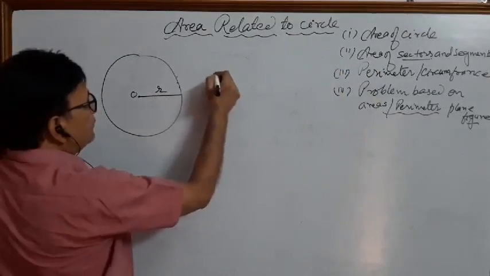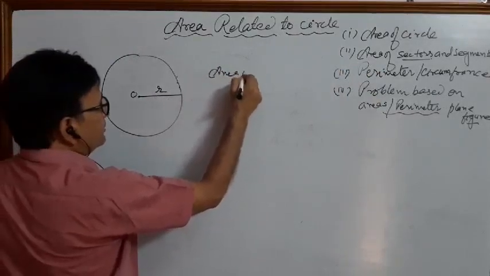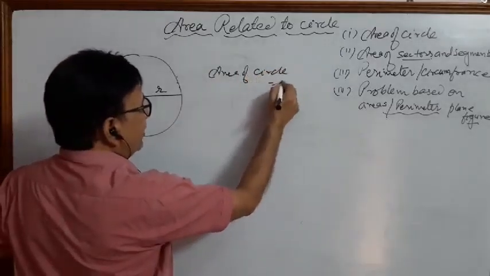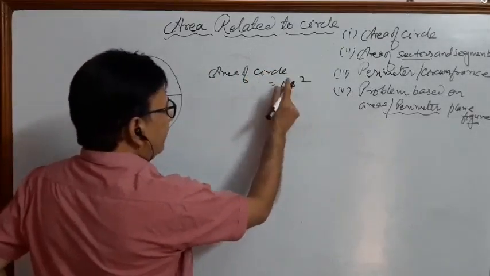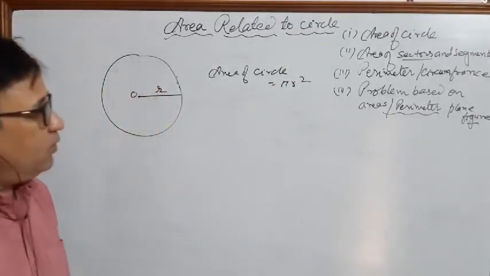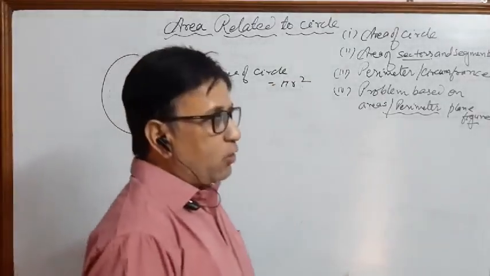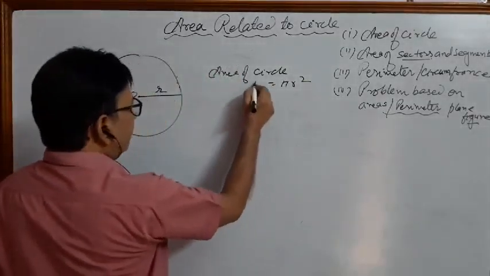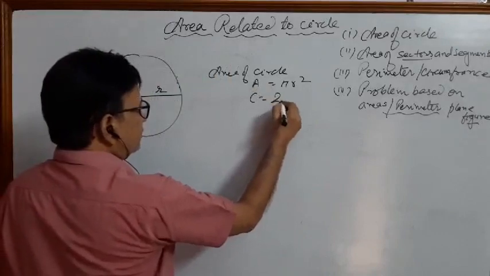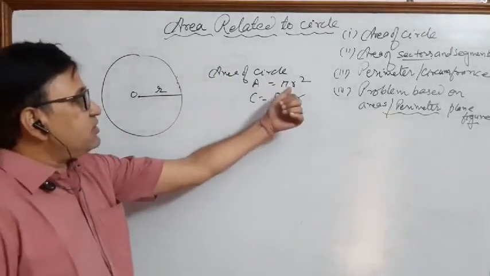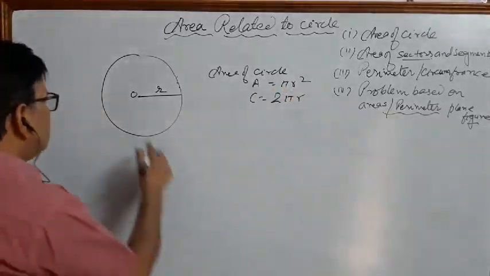Simply, you know the area of circle. Yes, say, each one of you. Yes sir, we know the area of circle is pi r square, isn't it? Pi r square, where pi is 22/7 or 3.14. Okay, whatever is given in the question, accordingly you put the value of pi. Then circumference C is 2 pi r, isn't it? Circumference is 2 pi r and area of circle is pi r square. Now this becomes the diameter.